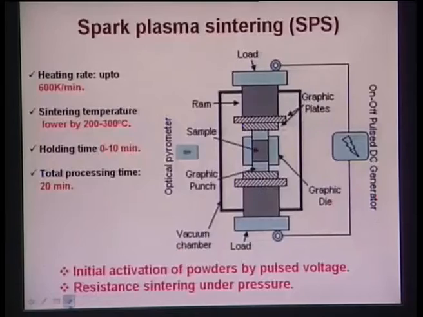For that we have carried out spark plasma sintering experiments. As I explained earlier, spark plasma sintering is like a hot press, but the fundamental difference is that a large amount of current is made to flow from the anode to the cathode during spark plasma sintering, and this current is around 1 to 1.5 kiloampere, which is larger than the welding current typically used in industries.